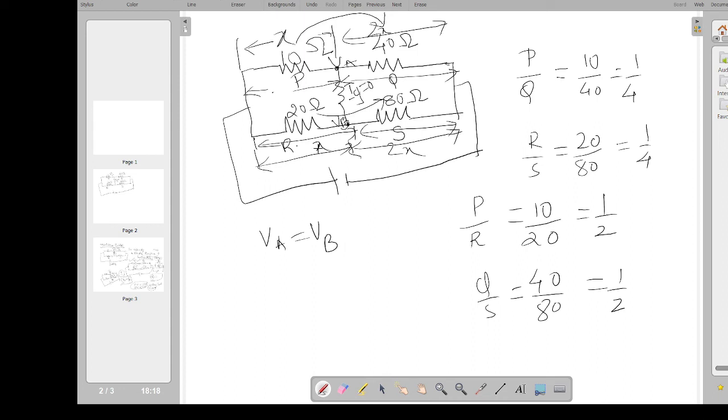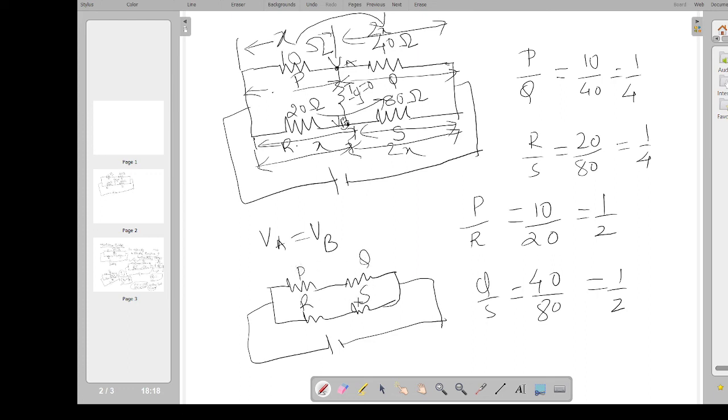Now we can easily calculate the current flowing through this circuit. It becomes very simple: P, Q, R and S. We can easily calculate the current with the help of the series combination of resistors as well as the parallel combination of resistors. So here one more thing is,